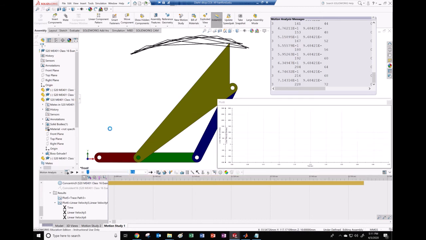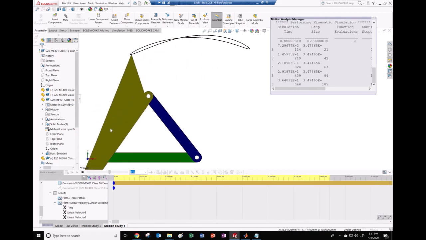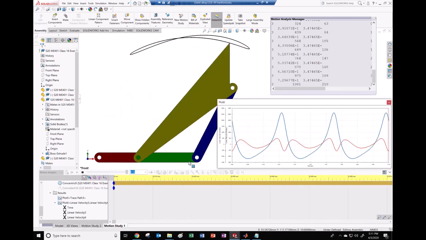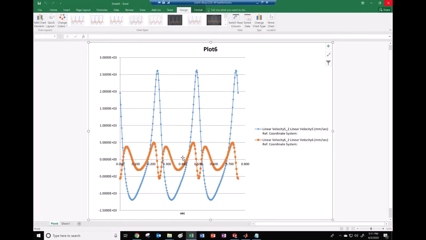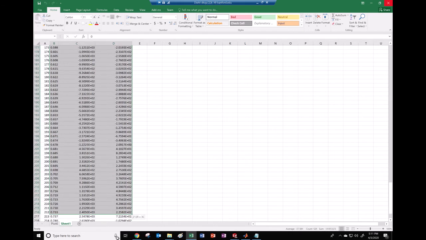I'll hit the recalculate button here, and we'll watch, and we'll see, wow, that's much smoother path right there. And when we get to the end right here, almost there, kaboom. All right, so now you can see how much smoother we are. And if we want to export this now, export this to Excel, we right-click on this down here and we export to a spreadsheet. We don't really care about this. We care about these. So we go over to the sheet right here and grab all of those and hit our Control C